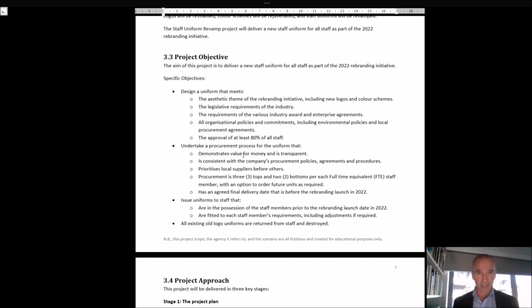So I'll break that down. Demonstrates value for money and is transparent. It's consistent again with policy. Like our business might have procurement policies around buying local first, and so forth. So meeting all that. And then the delivery date, it's got to be on site, ready for distribution on this